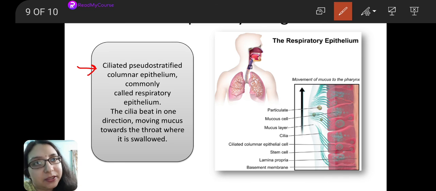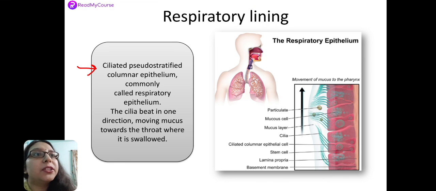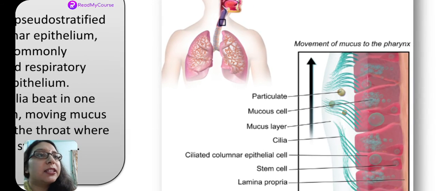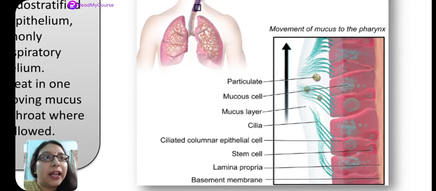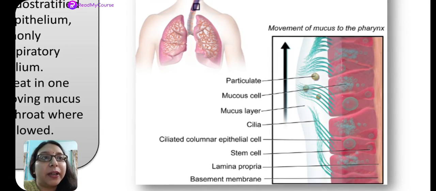known as respiratory epithelium. And what is the function of the cilia? I think from this picture you can appreciate. See, these are the cilia-like structures, and these are the foreign particulate matter which is passing, and these foreign particulate matters are filtered out, right? It acts as a filter.